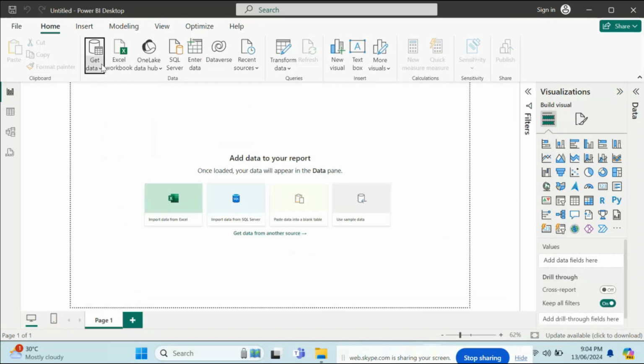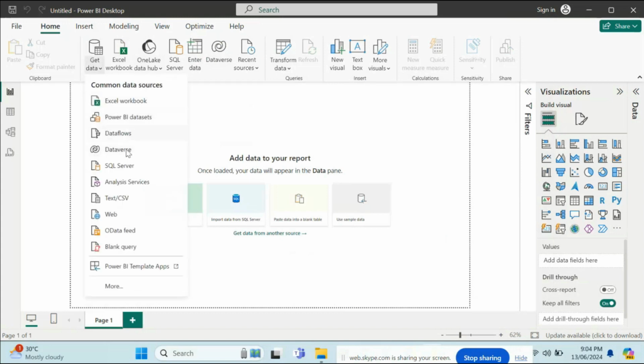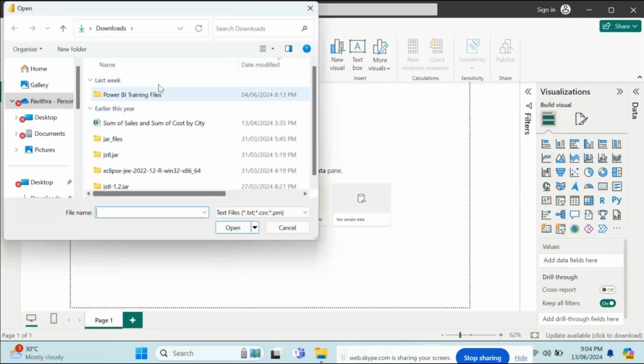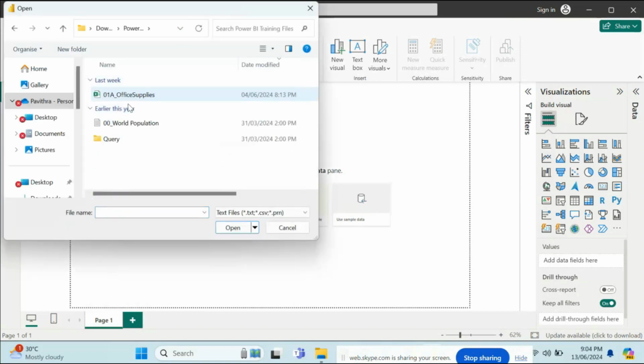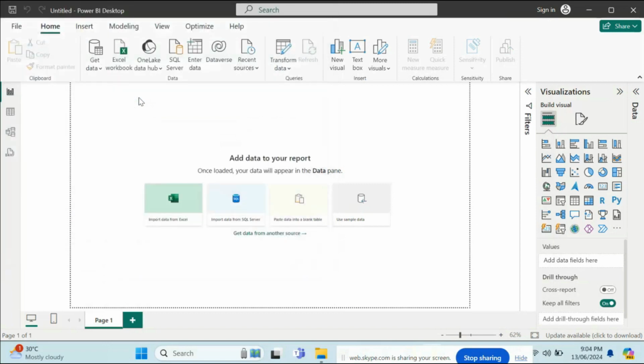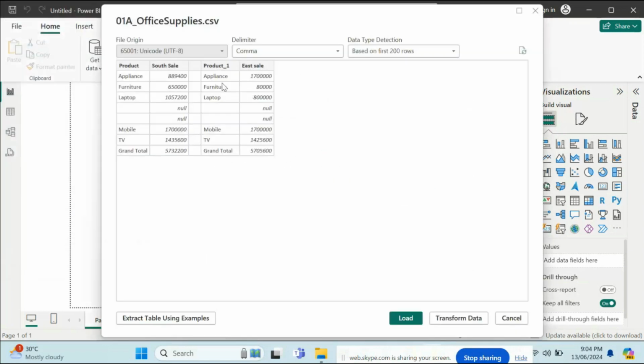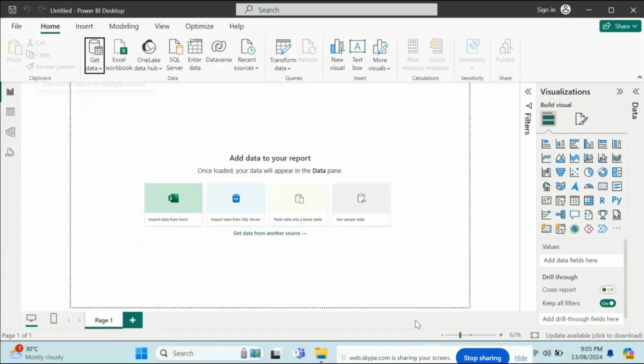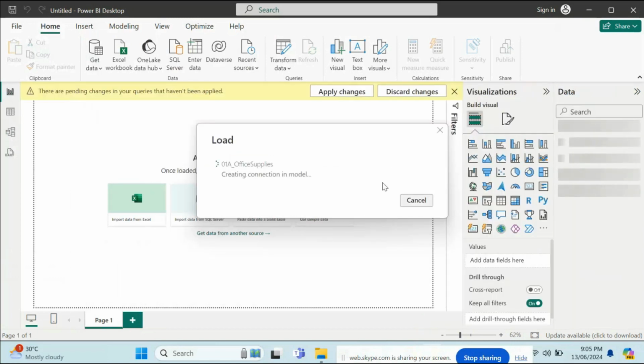Now I'm going to upload the text file. I'm choosing this text CSV, and I'm going to upload the text CSV file. Once you have connected your file, it will list out like this. You can click the load button to upload your data. So once it is uploaded,